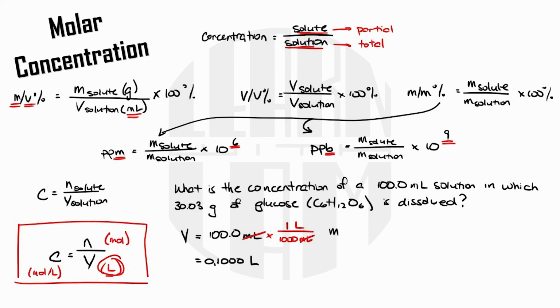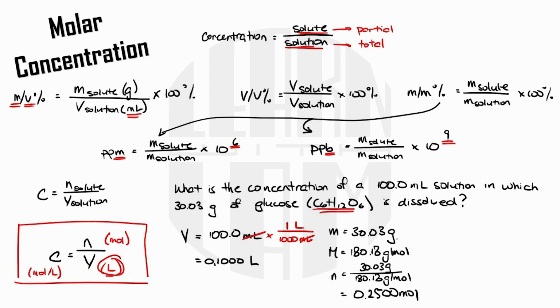Next, I've got the mass of glucose, which is 30.03 grams. But I don't need mass for molar concentration, I need moles. So that's just a quick conversion. I've got the chemical formula for glucose right here, so my molar mass is going to be 180.18 grams per mole. And in case you need some help with determining molar mass, we've got a link to a tutorial in the description below. So looking for moles, it's my mass divided by my molar mass, which gives me